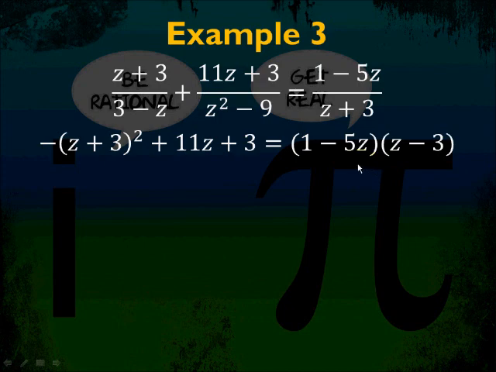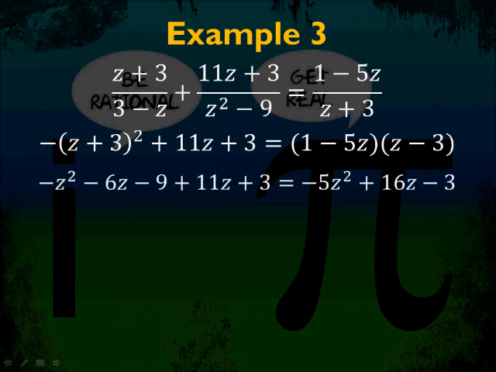And here we have another thing you have to multiply together, which we're going to do now. You're going to have to FOIL this one. And don't forget when you take z plus 3 quantity squared to make it negative. So you get negative z squared minus 6z minus 9 plus 11z plus 3 equals negative 5z squared plus 16z